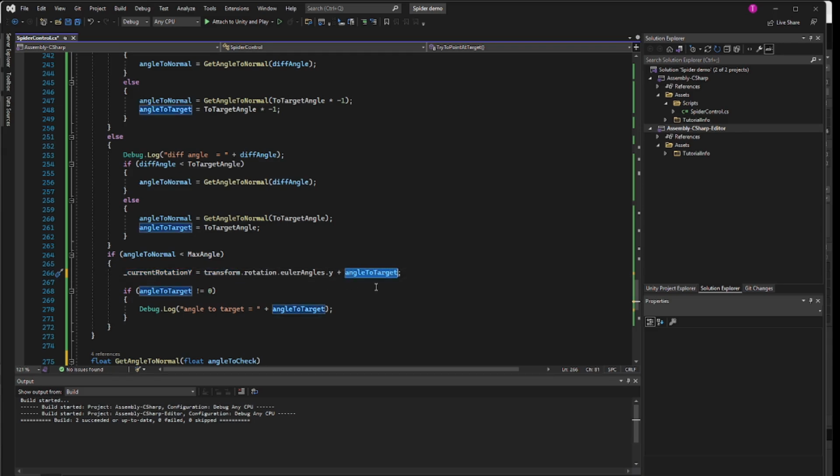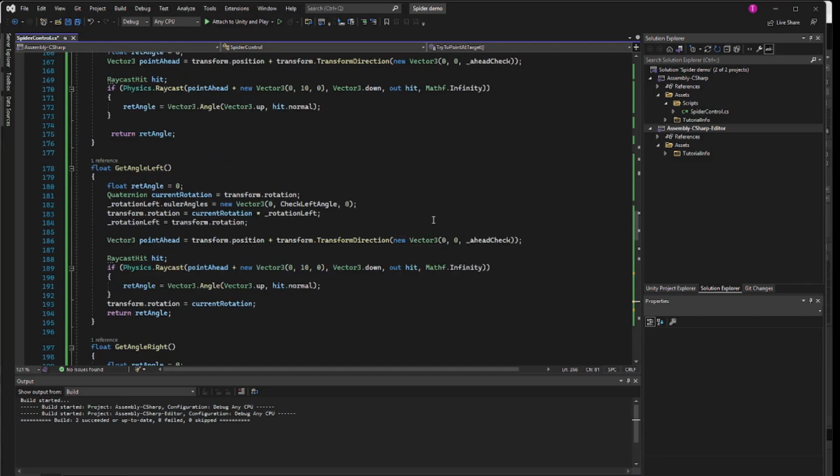The problem here is that we may already be turning because we've encountered a face that's too steep, and we want to turn toward the target. So we can't do both of them at once. We want to integrate them together. And this current rotation Y is always going to be the angle where I want to turn. It may be turning toward the target. It may be turning away from a face that's too steep. Both are calculated independently and then added together. And so this allows me to use one function,